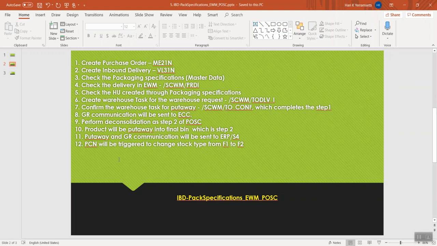On the ECC side, the inbound delivery statuses will be updated, the document flow will be updated, and the handling units that we have generated in EWM, that information also gets updated into the document flow of the ECC inbound delivery, and all the stock reports and tables on both ECC and EWM also get updated.